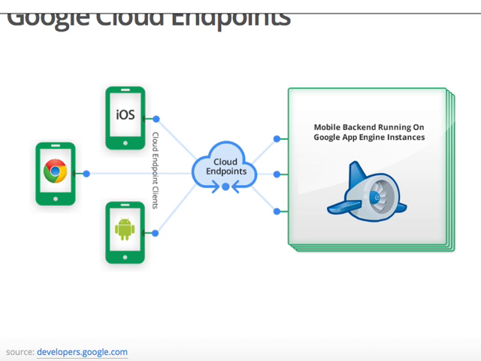And we'll have Cloud Endpoints as a layer between them, which basically makes communicating with this App Engine instance more seamless. For example, when you're writing an Android program, you will be using the Android framework for authentication. On Android, when you want to authenticate on a Google service, it just lets you choose a Google account and say, yes, I'm fine authenticating with this account. On iOS, you will be writing your program in Objective-C, and you will be using Objective-C classes rather than some weird JSON entities. And on Chrome, you will be using a JavaScript client, well, on any web browser, really. So Cloud Endpoints will handle this conversion for you.